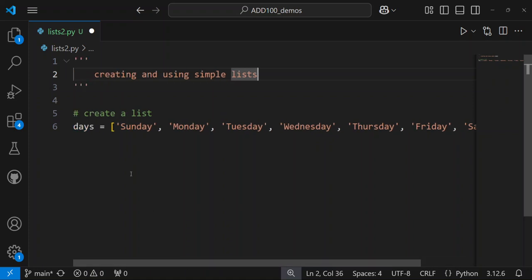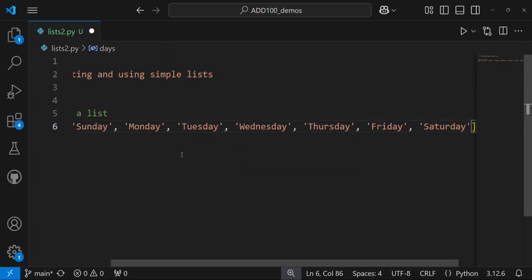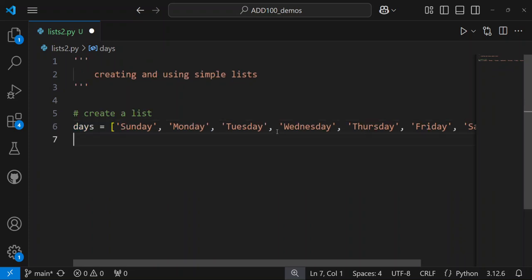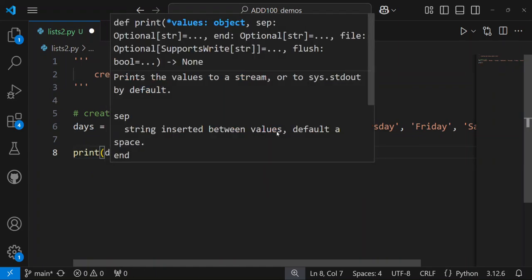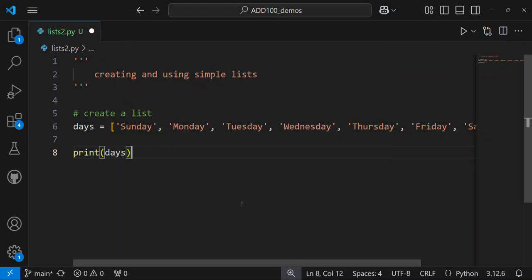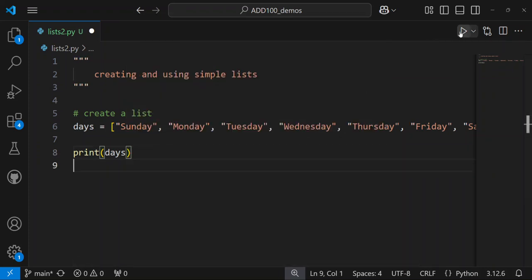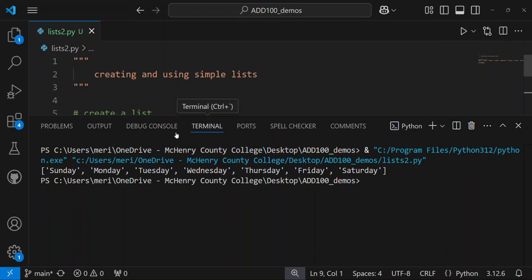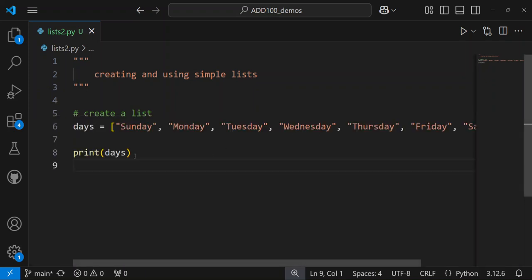And now I can do things with my list. Let's take a look at the various ways that we can use it. So I could print my list using a for loop or just by printing it. And let's look at the difference in that. This prints it out in your list structure with your brackets on either end. But if I don't want it to print that way,